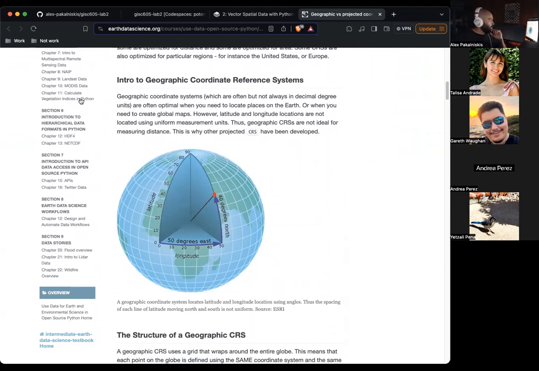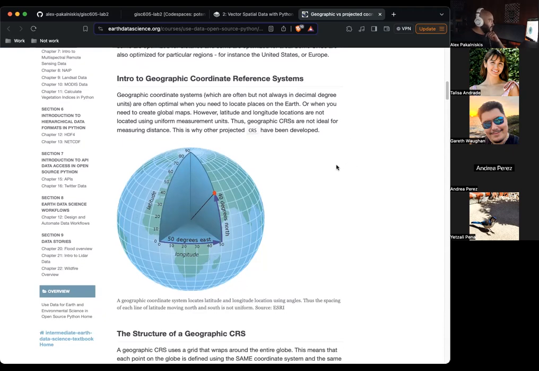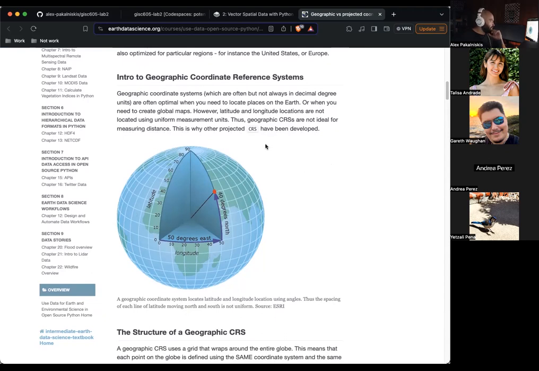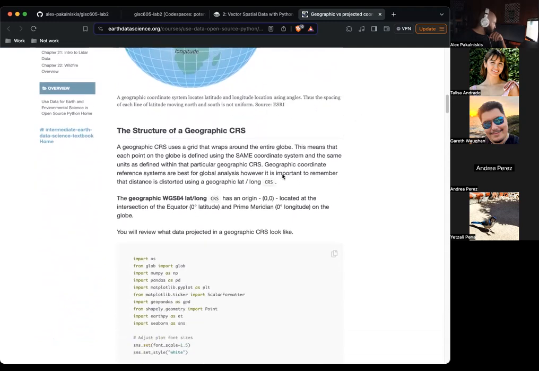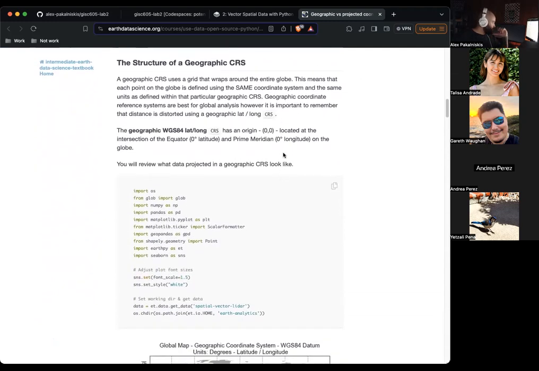So geographic coordinate systems are often, but not always, in decimal degree units. They're great for when you need to locate places on Earth, like global maps, but they're not ideal for measuring uniform distances. So they're not great for getting from point A to point B and measuring how far that'll be. I guess there is some code. Cool.